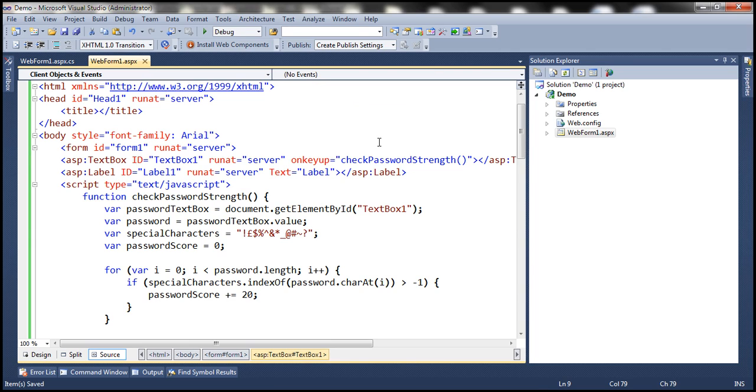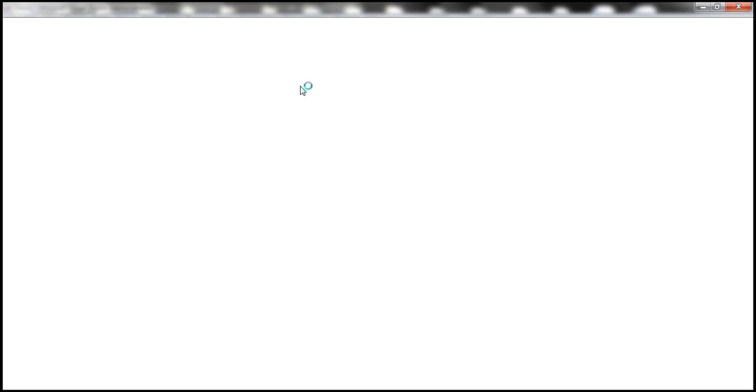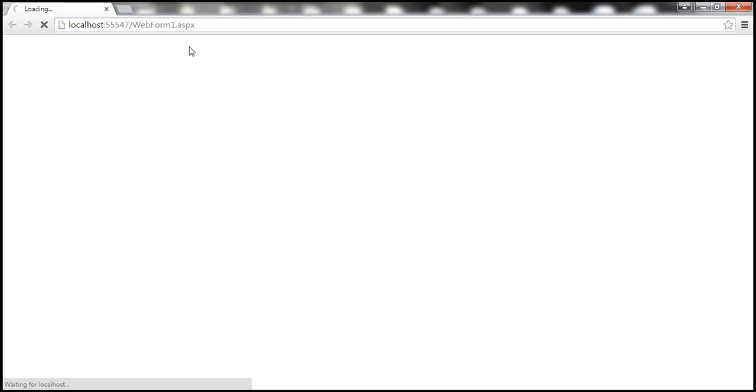Alright, so let's go ahead and run this. And look at this. As we type P, capital letter P, only one letter, so the password is very weak. So Prajim, and at the moment we only have 6 characters there. The moment I add a number, look at that, the password strength has changed from very weak to weak. Now if I put another number, look at that, medium, and if I include a special character,